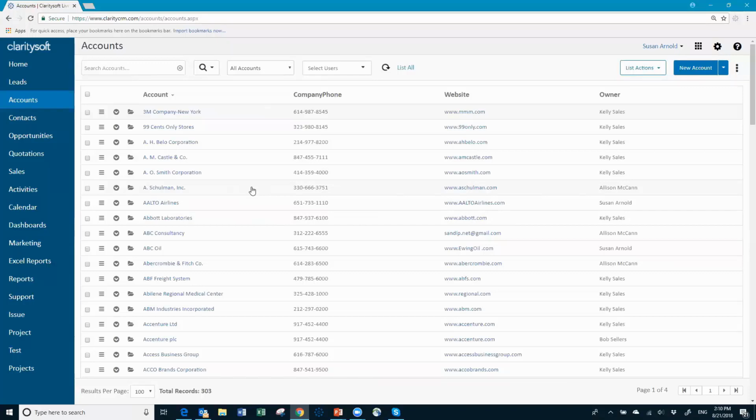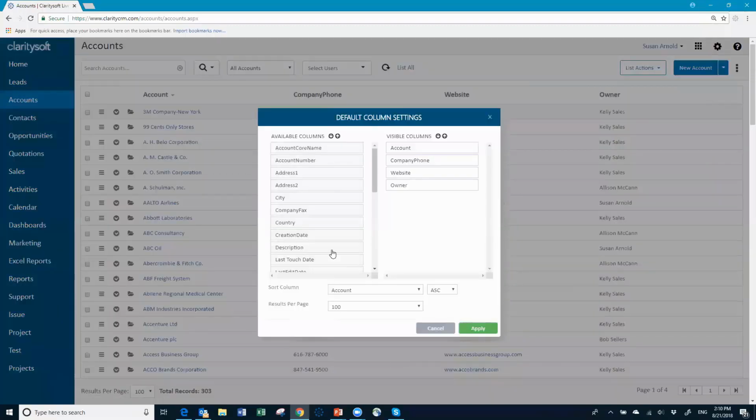So what I always recommend is before you do any other types of searches or any type of search, come over to this button here. I call it the vertical ellipsis button, and I choose column settings, and then I can bring over the fields that I want to search on. So for example, I want to bring over creation date. I'm not going to search on websites. I'm going to get rid of that. I'm going to bring over last touch date. I also want